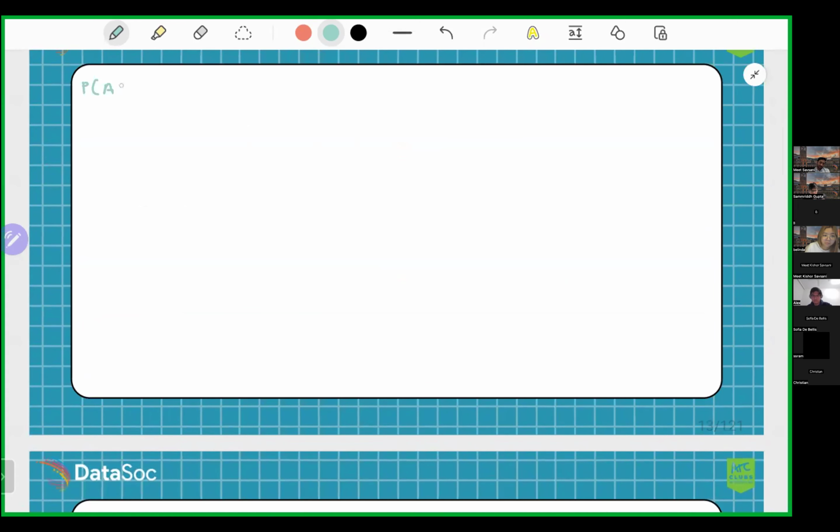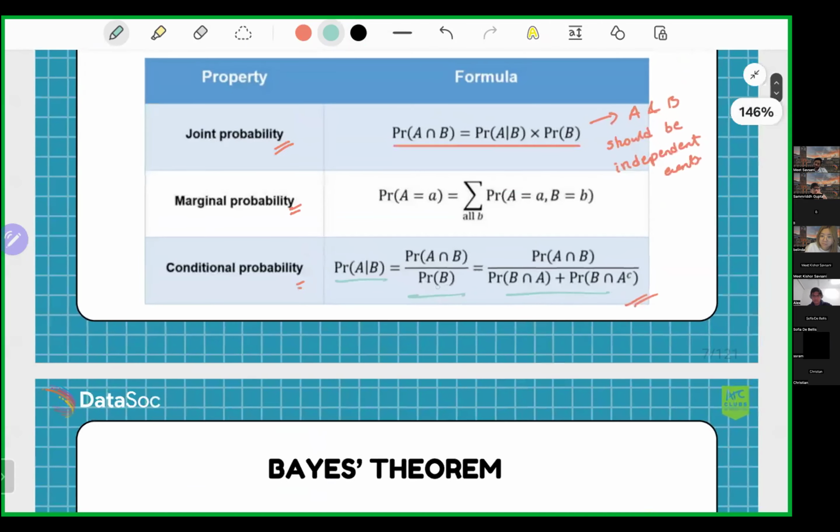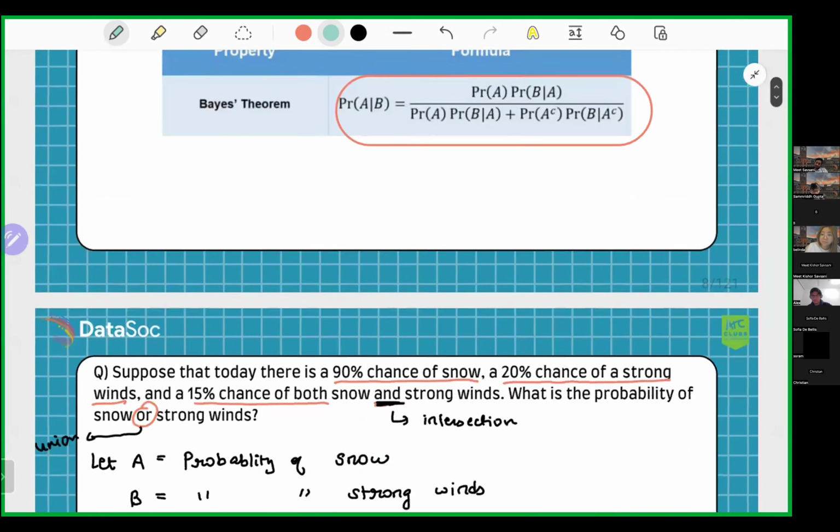Probability of A given B is defined as probability of A intersection B upon probability of B. So this can also be written as probability of B given A into probability of A upon probability of B. So we know this, but we don't know this. Looking back at the formula, you can see this particular thing is expanded as this. So we can write as